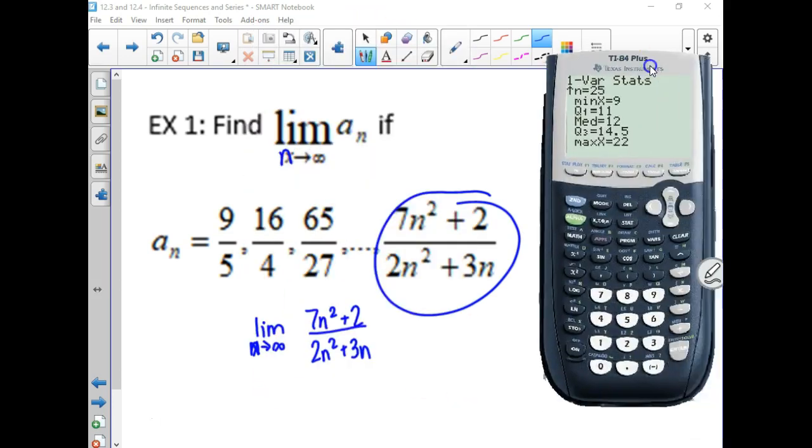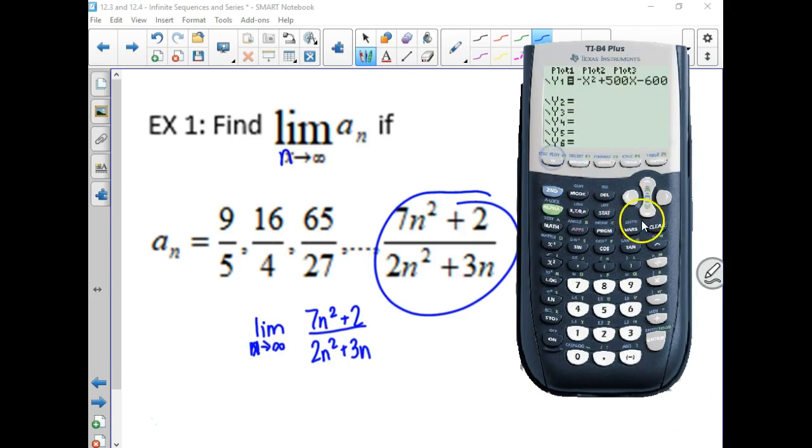So let's go to y equals, let's type in 7x squared plus 2 divided by 2x squared plus 3x. Okay, and if we go to the table,